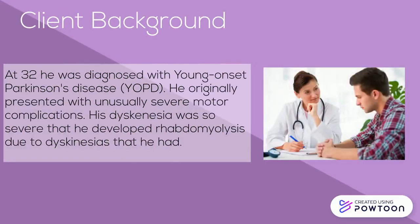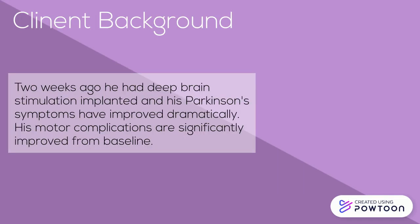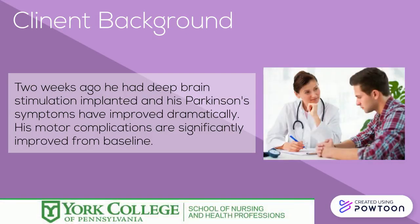Client background: at 32 years old, he was diagnosed with young onset Parkinson's disease. He originally presented with unusually severe motor complications. His dyskinesia was so severe that he developed rhabdomyolysis due to the dyskinesias he had. Two weeks ago, he had deep brain stimulation implanted, and his Parkinson's symptoms have improved dramatically, and his motor complications